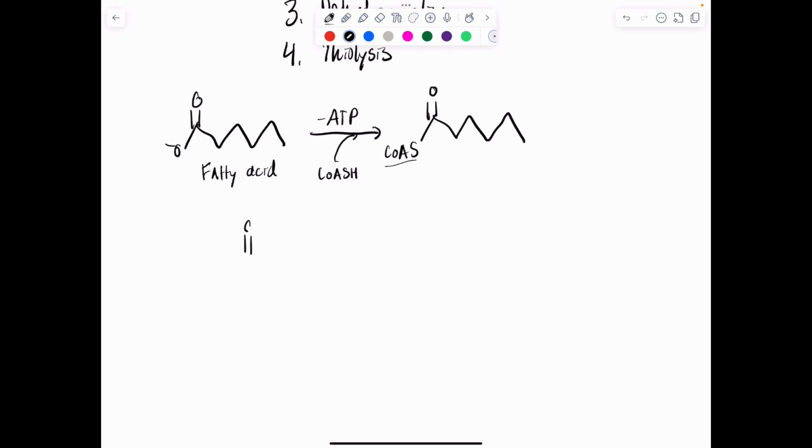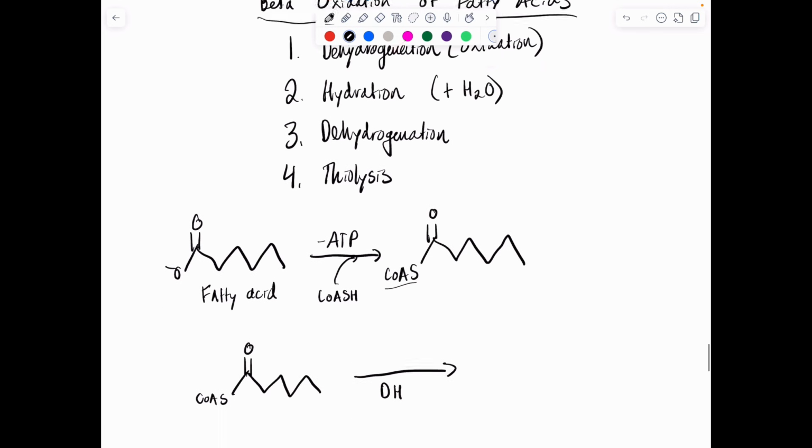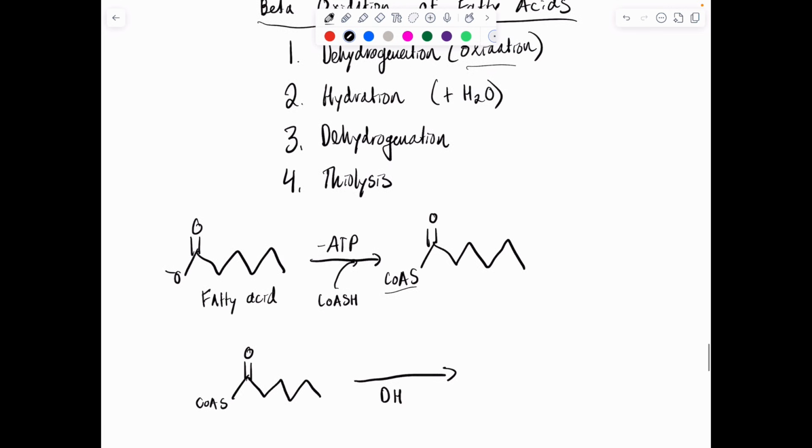All right, so let's actually talk about the beta oxidation now. So we're going to start off with our fatty acyl-CoA. And so we're right here, and we're going to do the first step. The first step is going to be our dehydrogenase step. So I'm going to abbreviate that as DH. Remember, it's also oxidation. And so we're going to start this, and what it is, it's going to produce this molecule. And what we are going to be adding is a double bond here. This addition of the double bond makes it from a saturated to unsaturated fatty acid